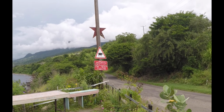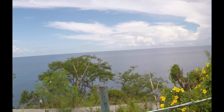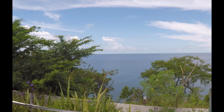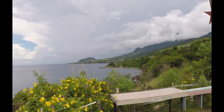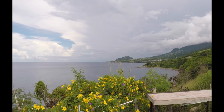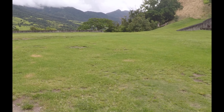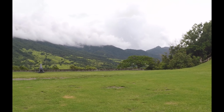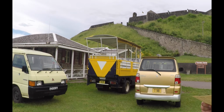See that cow crossing sign there? Or bull crossing or something crossing. This is the Caribbean Sea. And if you look in the distance, that big hill is the fort. This is Brimstone Fort. We just drove up some terrifying hills to get here, and we're not even at the